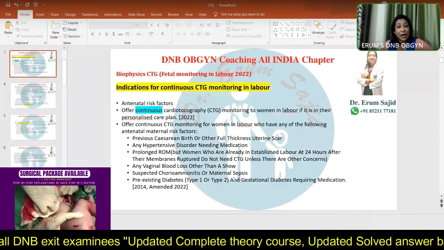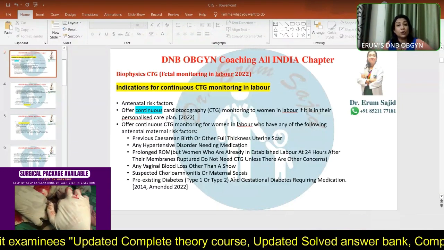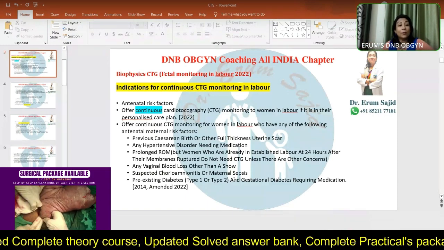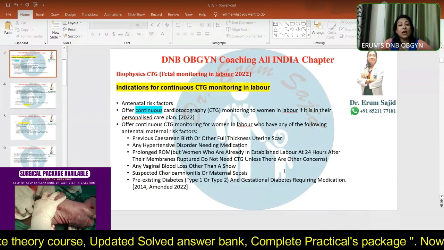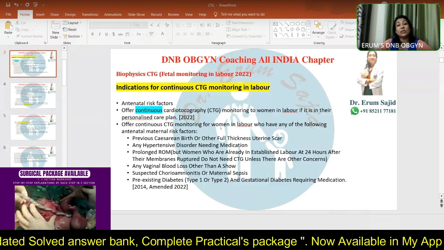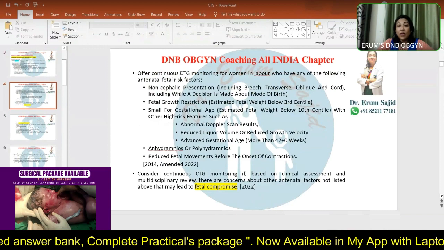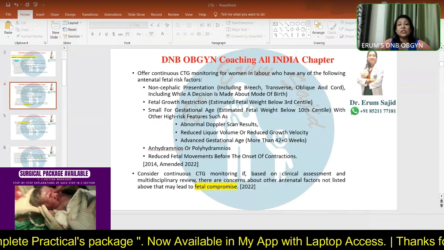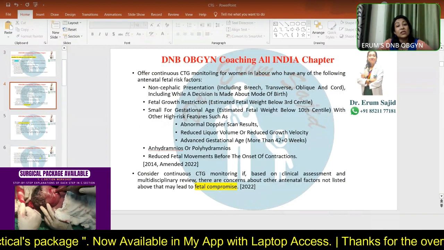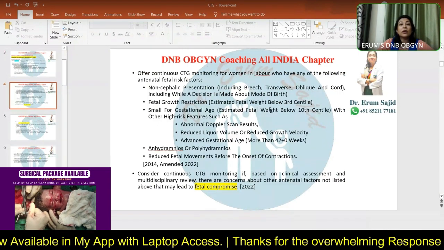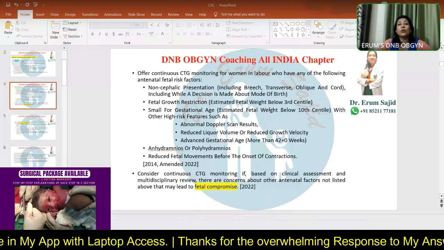So diabetes mellitus, uncontrolled hypertension, IUGR is also going to come very soon, chorioamnionitis, all these things are risk factors and indications for continuous CTG monitoring. Offer continuous CTG monitoring for women in labor who have any of the following, especially non-cephalic presentations, because such presentations are usually responsible for either cord prolapse or placental